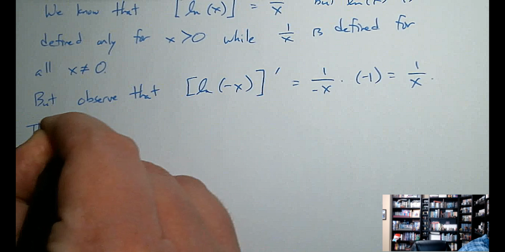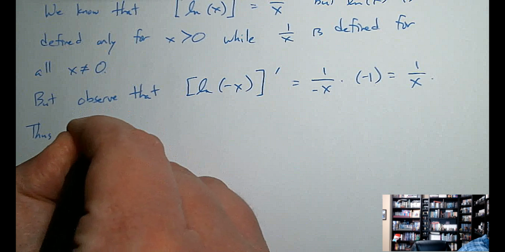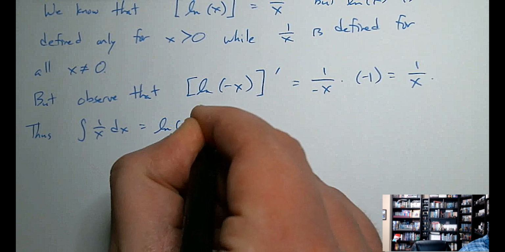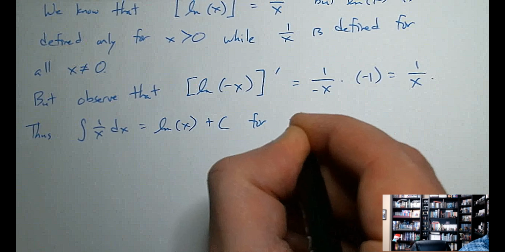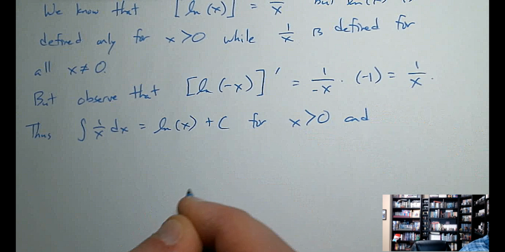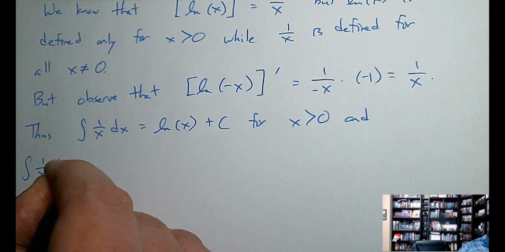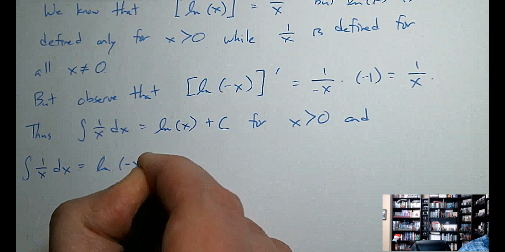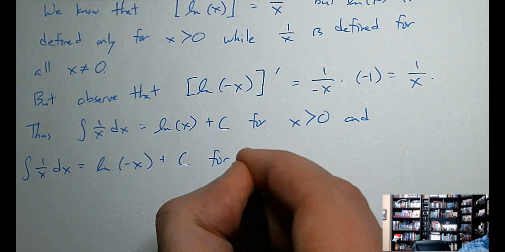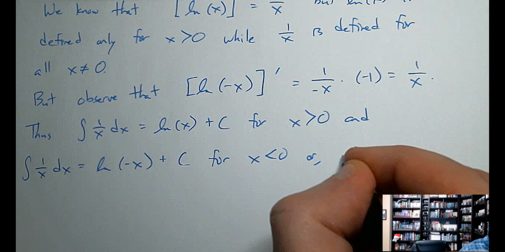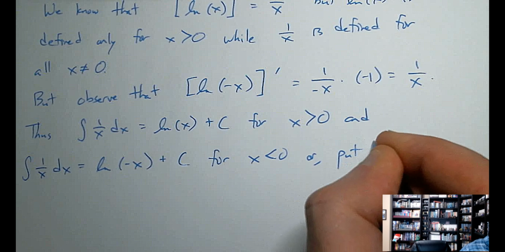That tells us that the integral of 1 over x is the natural log of x plus c for x greater than 0, and it's the natural log of -x plus c for x less than 0, or put together,